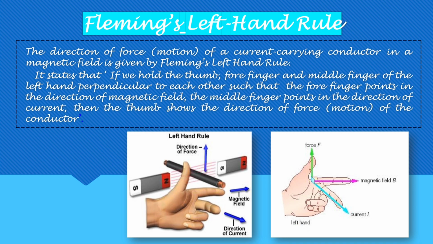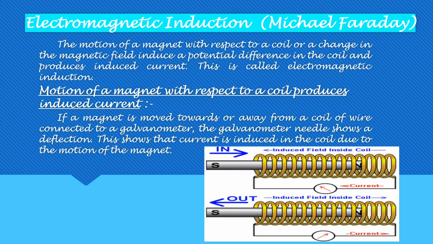Electromagnetic induction is given by Michael Faraday. Here the motion of the magnet with respect to a coil or change in the magnetic field induces a potential difference in the coil and produces some induced current. This induced current is a current produced in a circuit by changing the magnetic field associated with it. So let's see here, if the magnet is moved towards or away from the coil of wire